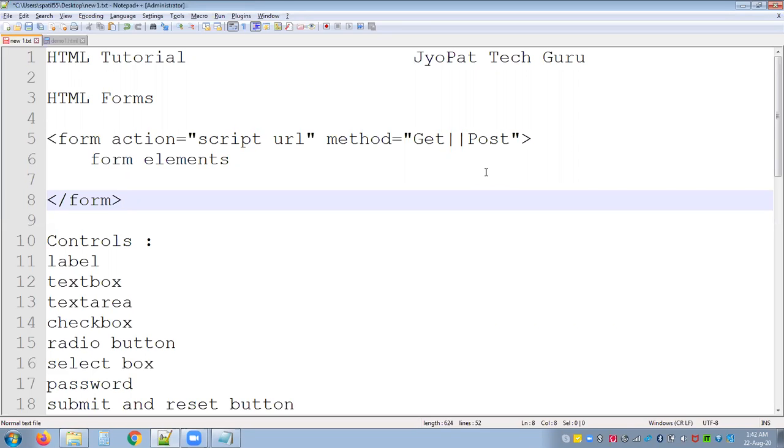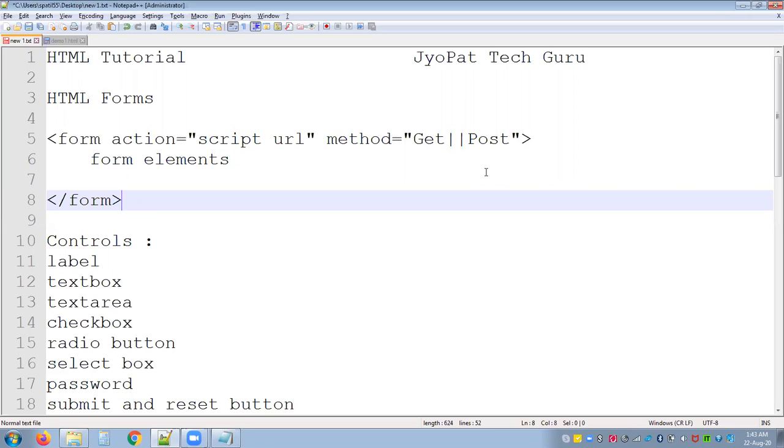So why are these forms required? Whenever you are collecting information from the user, that is when we require the HTML form. Later on, you can take the information and upload it to different servers, or you can collect the information and store it for later use.